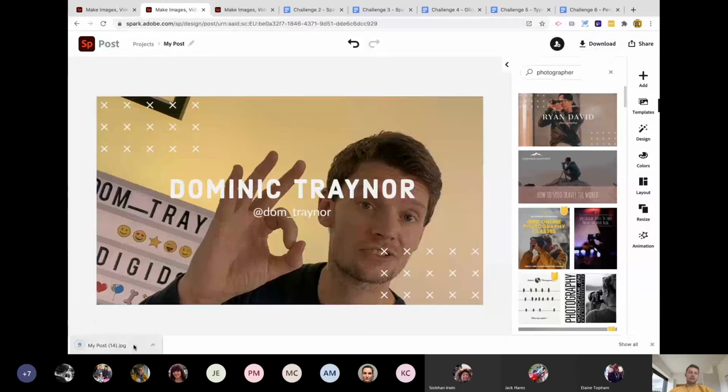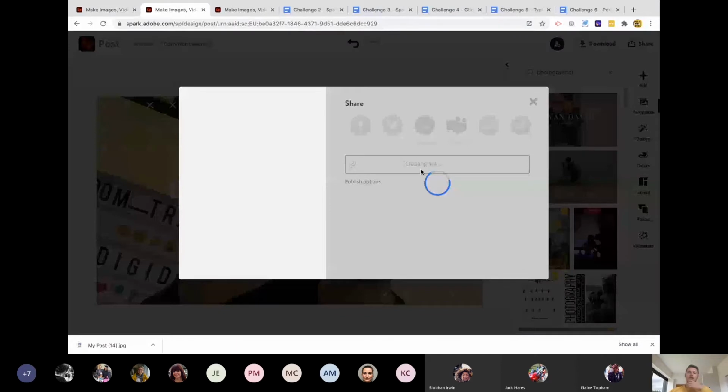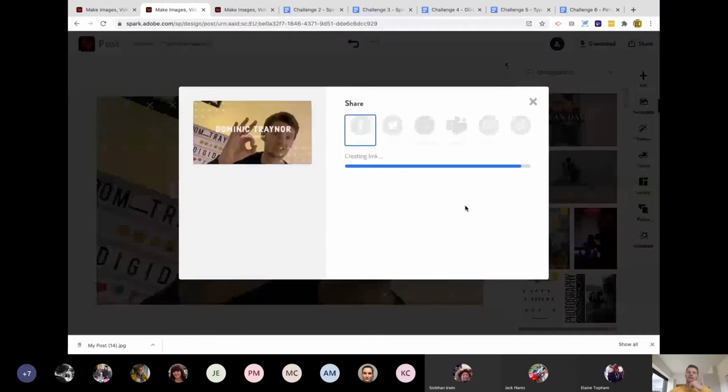But also a really cool thing, you can see it's downloading down there. If I'd given it its proper title, like Dominic Header, for example, it would have done that in the file name as well. One of the other things I can do is press share there. Once it's saved, I'll be able to publish that post, and it will give me, there we go, publish, and it will create a link for me. This normally is really quick, but because of the video behind it, the fact that I'm presenting, it's taking a little bit longer than normal. But I click that link, and what that'll do is give me a unique URL, which I can then share with my tutor, my teacher, my colleagues or my fellow students,